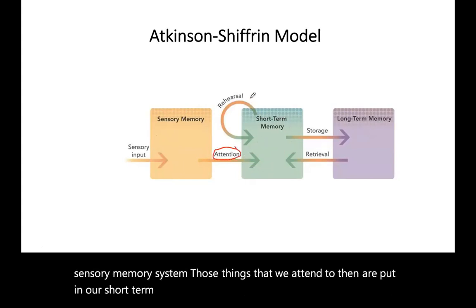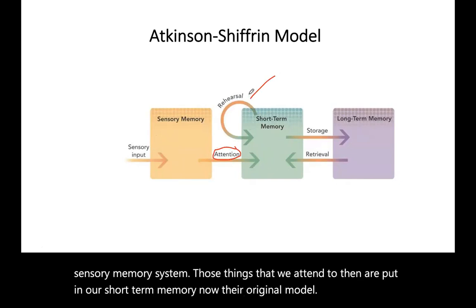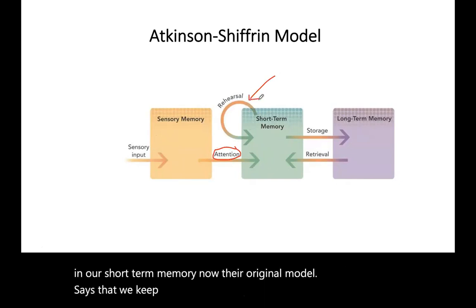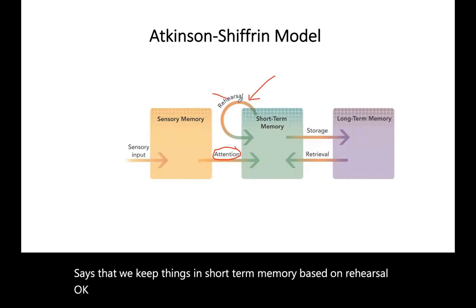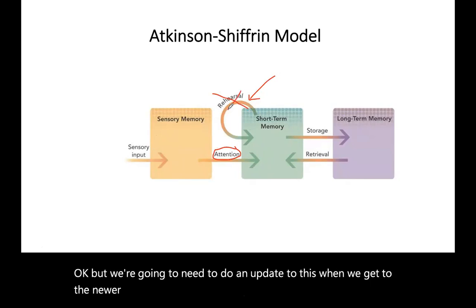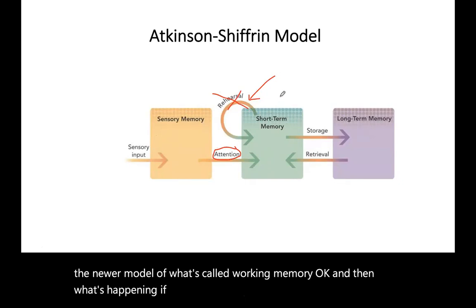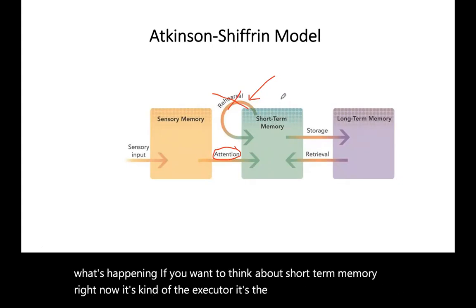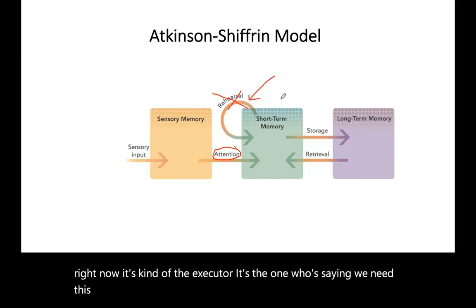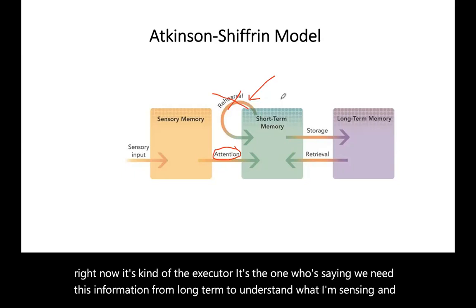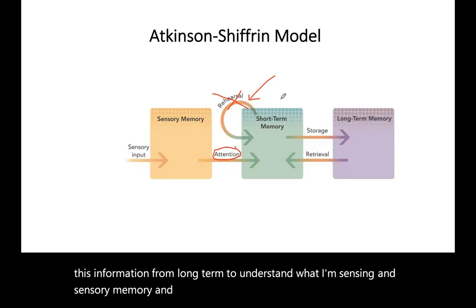Now, the original model says that we keep things in short-term memory based on rehearsal, but we're going to need to update this when we get to the newer model called working memory. If you want to think about short-term memory right now, it's kind of the executor. It's the one saying, we need this information from long-term memory to understand what I'm sensing in sensory memory, and combining it to give us a conscious